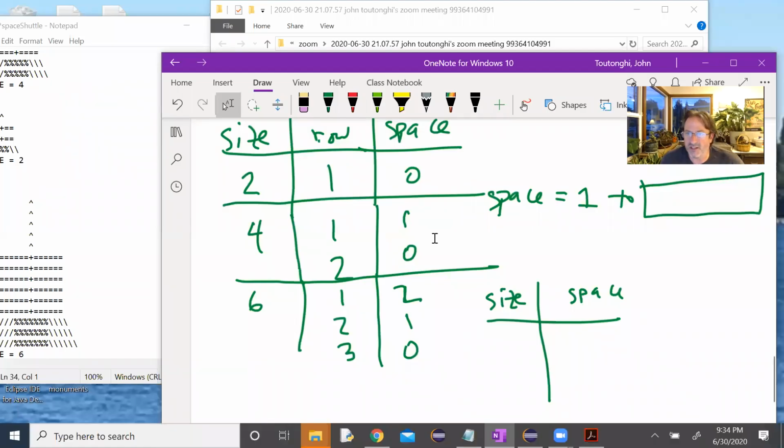Okay, so what we're going to do is think first of the linear relationship between the space and the size to determine our slope. At size 2, we're starting at 0 spaces. Size 4, we're starting at 1 space, and size 6 is starting at 2 spaces. And that slope